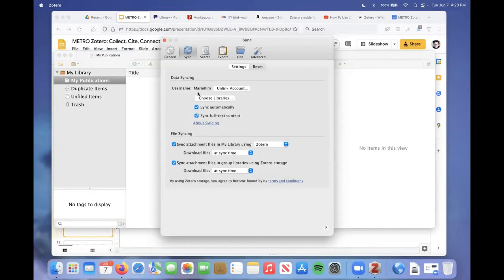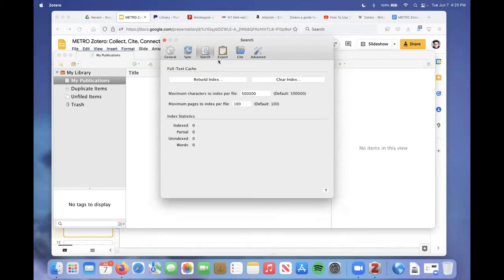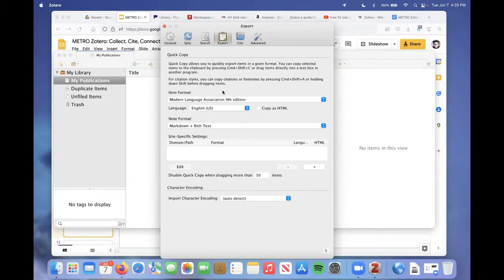Not sure why that would be, but you have the option of changing any of these things to suit your preference. As I said, syncing is here. Everything else aside from you supplying your username and your password, I leave at the default. I have not changed a thing here. This I also would not worry about. Here is the